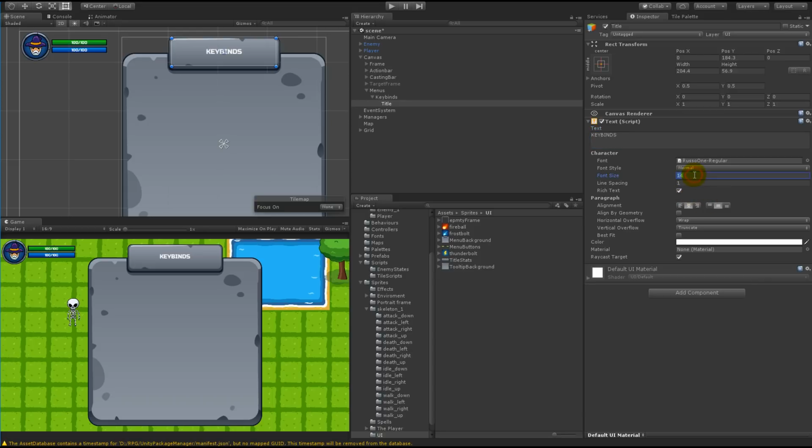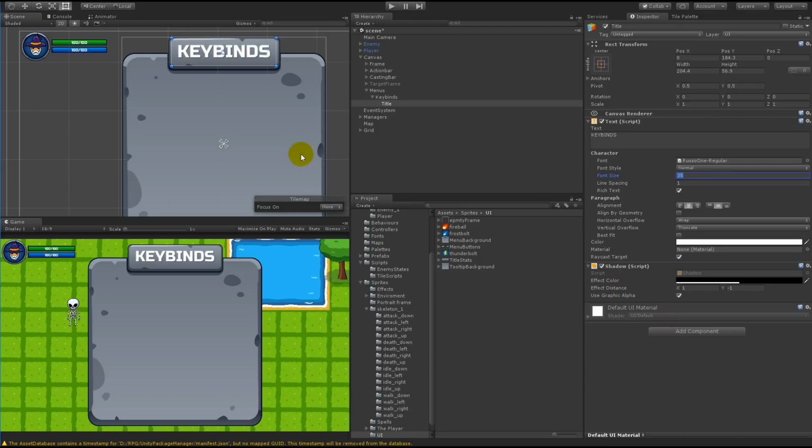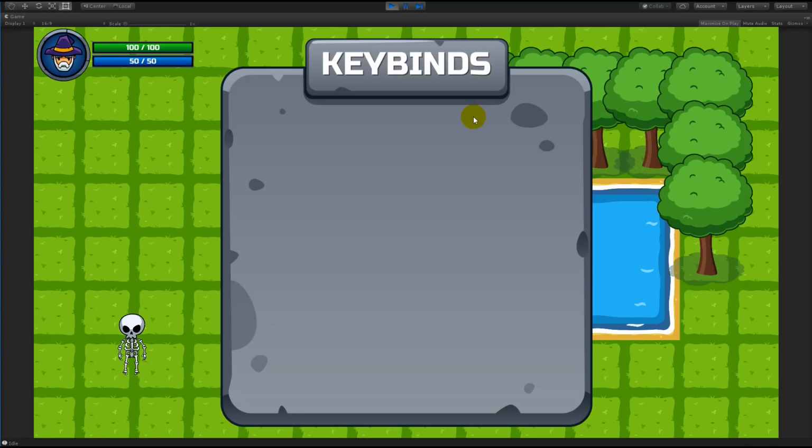So besides that, it's way too small. Let's try 35 or something. Yeah, I think that's okay. And besides that, if you would like it to look a little different, you can click on Add Component and write Shadow and add a shadow to it. So now when we maximize and play, we have Keybinds written on top of the menu, and I think that